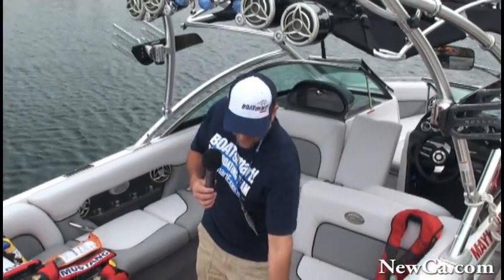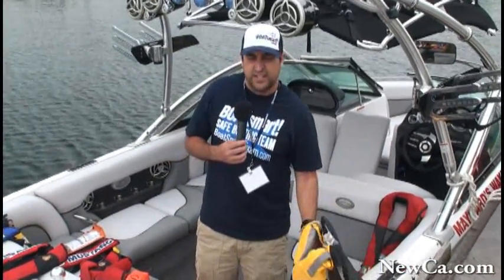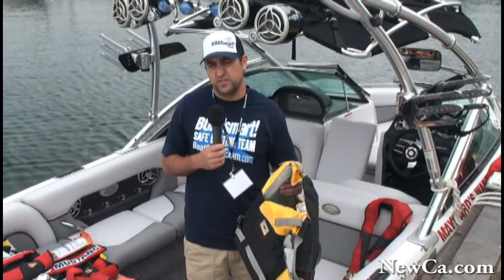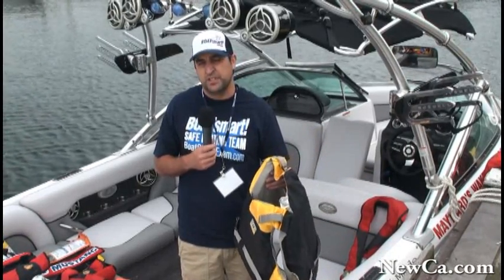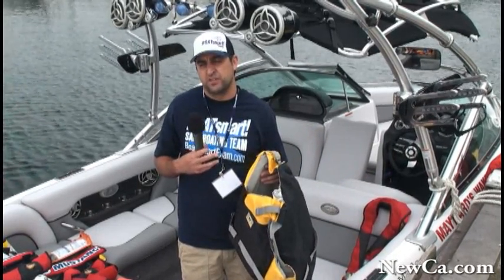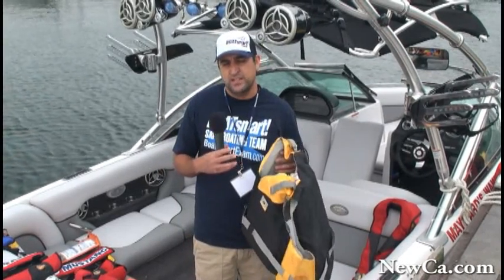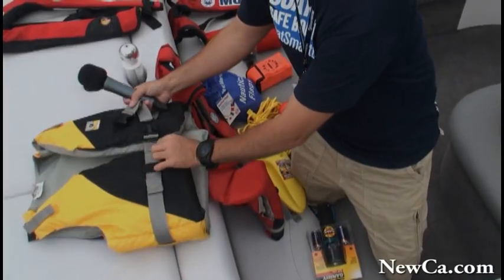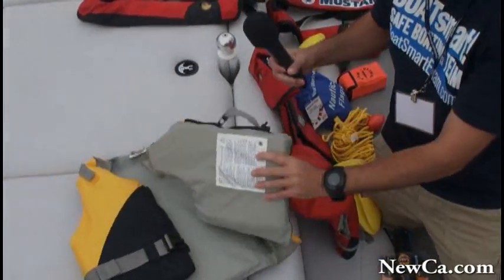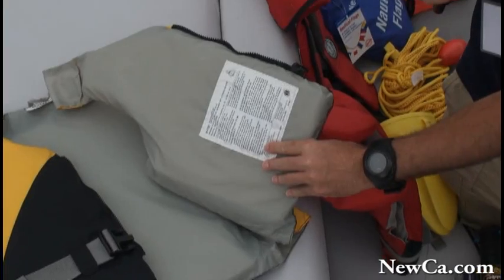When you're choosing a life jacket or a personal flotation device, which is a PFD, you want to make sure that it's approved for use in Canada. So we'll have a label on the inside indicating that it's approved for use on Canadian waters. Again, this is an adult PFD, so when you're sizing this, you want to make sure that it fits snugly, but it allows for the free movement of your arms and legs. Also on the label, there'll be an indication of what weight that life jacket is for, so you want to make sure you choose something that's in your weight category. So this is the label that you need to look for to make sure that it's Canadian Coast Guard approved